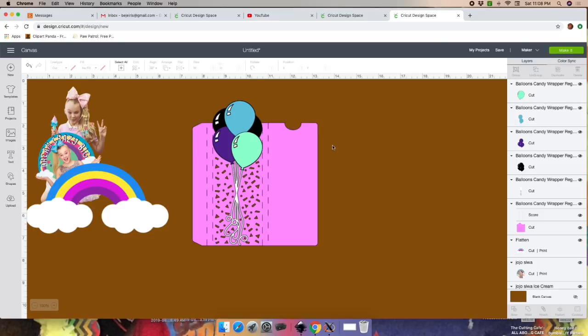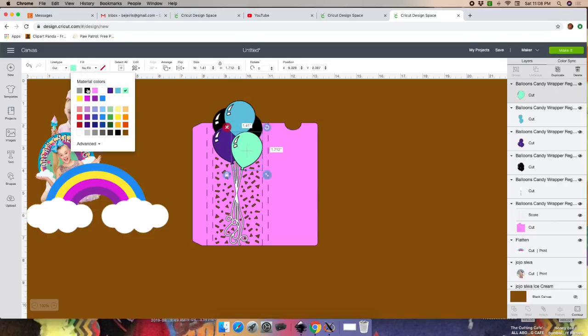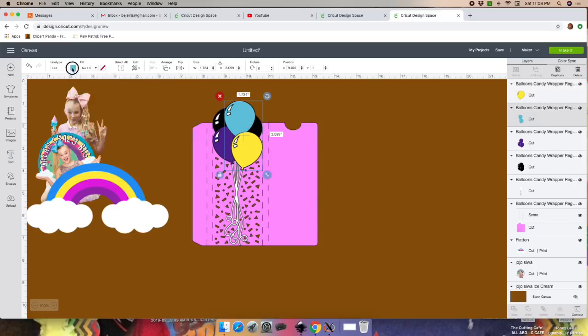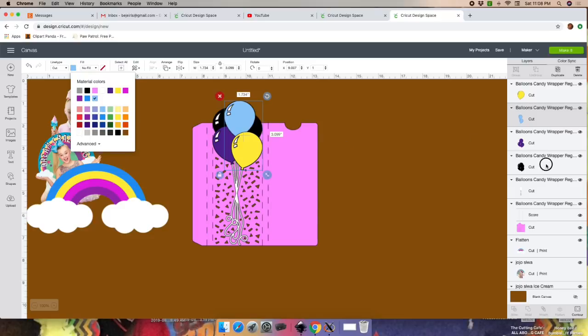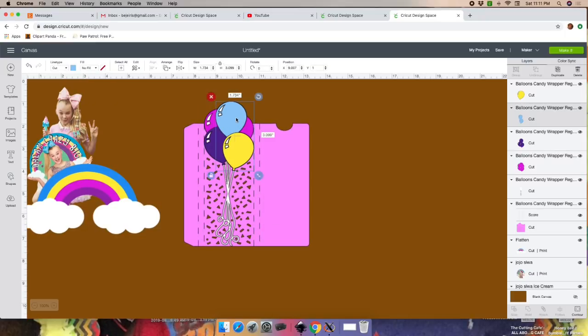So the balloons go back to your right hand side, and the green one will be yellow. I'm trying to match the colors of this rainbow that we just did. So we just click on that one, and we're going to do the same technique for all the rest of these balloons. Okay, now that we're done with the colors, what we're going to do is